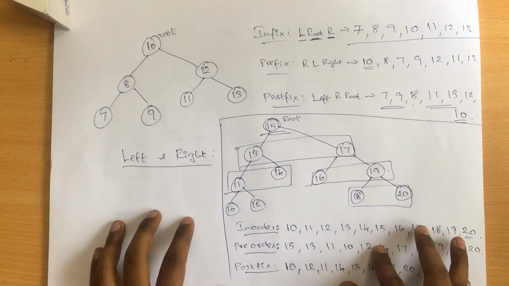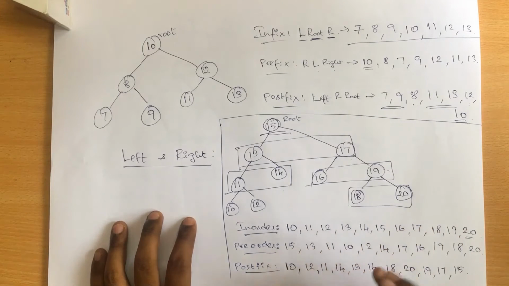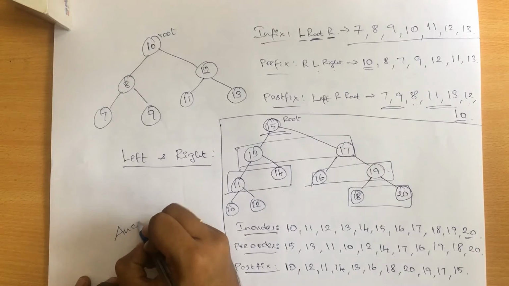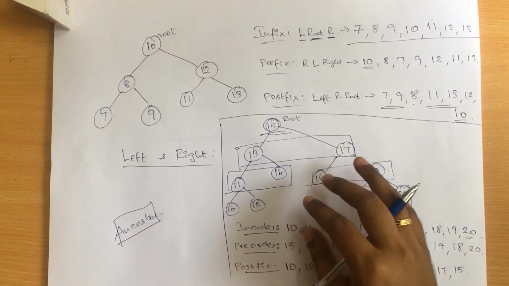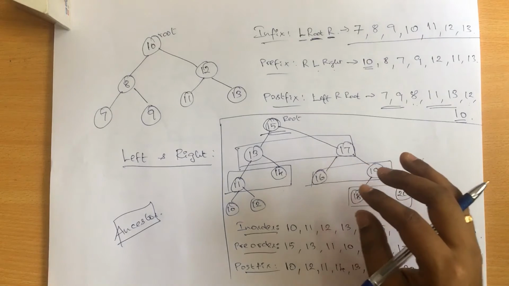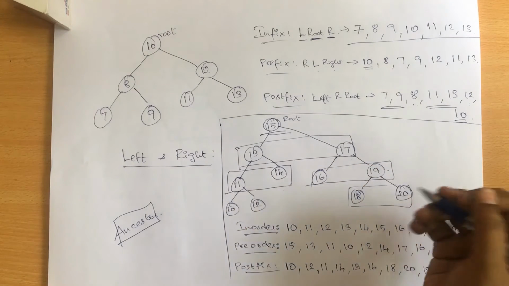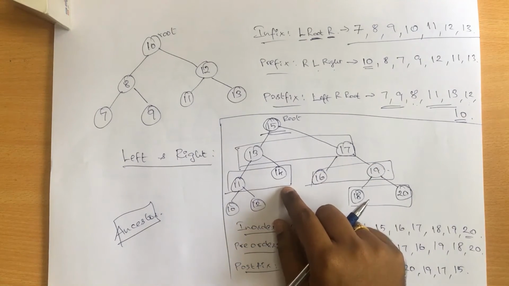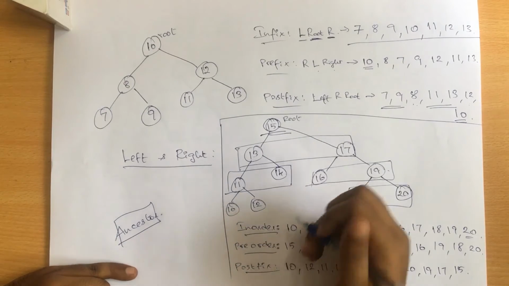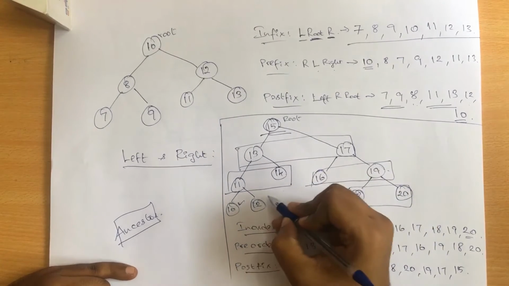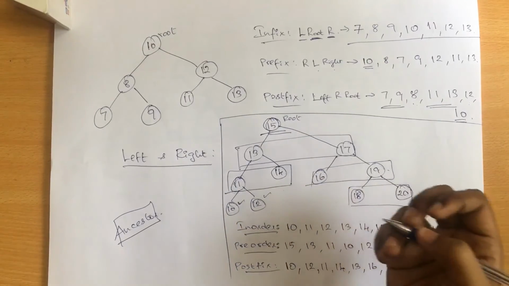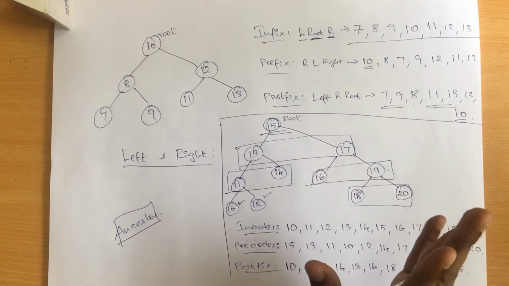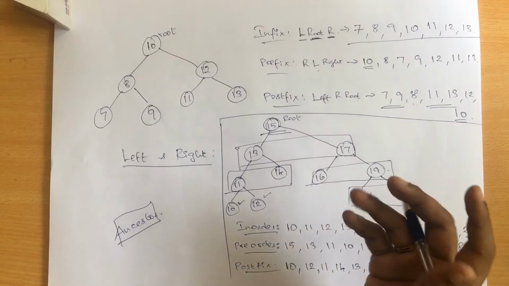So after this we have to learn something about common ancestor. So you might get a common term, or you might have a question like find the common ancestor for the given nodes. For example, now let me consider the second tree. So if I ask you what is the common ancestor of the numbers 10 and 12, it will be 11, right? So common ancestor is nothing but the common root node for two nodes, right? So a common node which connects both the nodes.